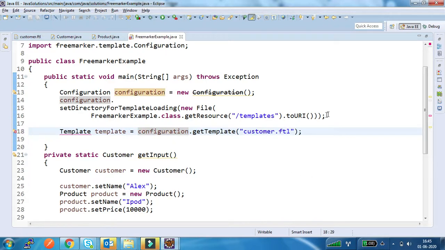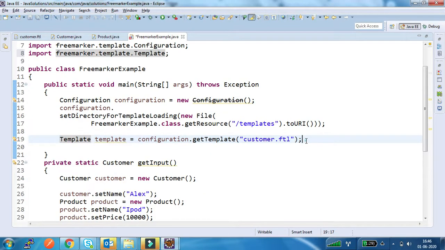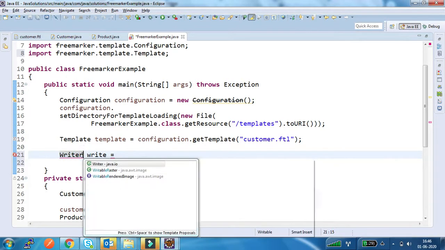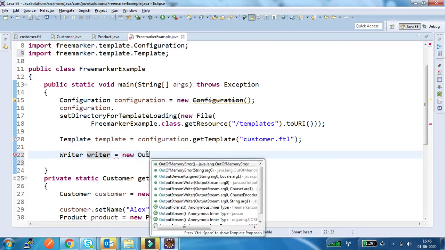And also, in this example, I want to display the output of the template in the console. So for that reason, I am creating one OutputStreamWriter. Writer equal to new OutputStreamWriter.